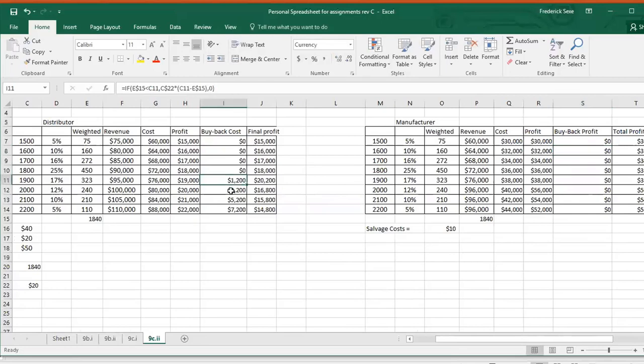Okay, I believe the rest should be fine. So I should have done this in the first place. So in the buyback,